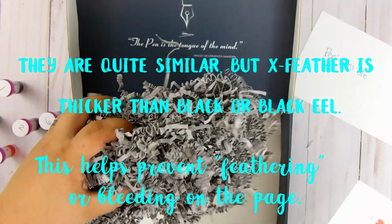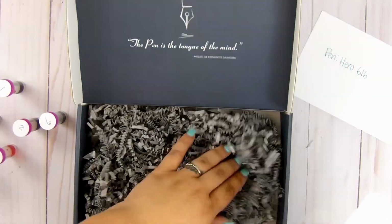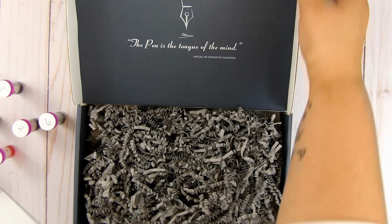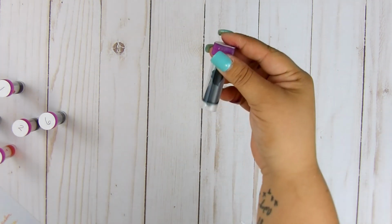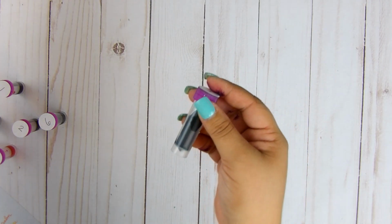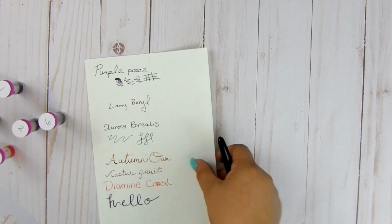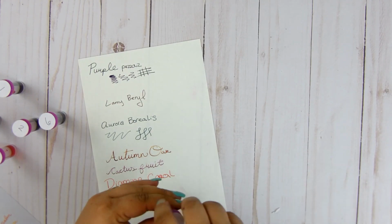All right, so that's it. That's all that's in here. Everything else is just wiggly worms. So let's grab the pen and we'll see what we can do here. I'm going to go ahead and ink it up. I am going to put in this number 4 color. This is that Visconti green, but I just think that it looks kind of turquoise and I want to try it out. So to give this a fair chance, we're also going to be doing it,